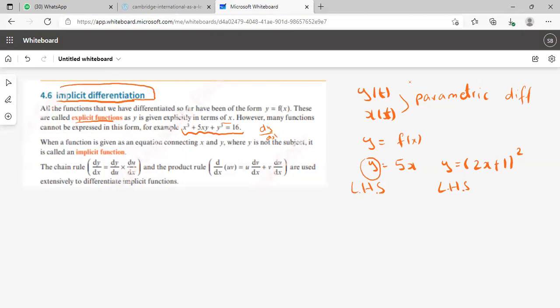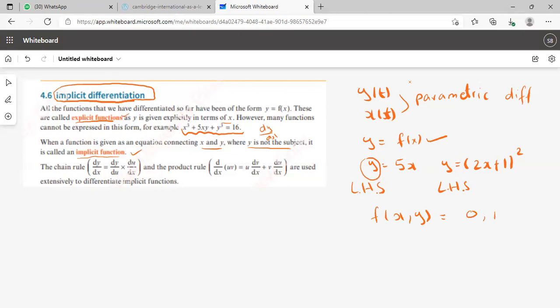Okay, let's read more. When a function is given as an equation connecting x and y, where y is not the subject, it is called an implicit function. Explicit functions are of this type, and implicit functions are of this type, where you have a function of both x and y, and then there's a number over here, or maybe zero, or something of that sort. So this is the function. First, you need to understand the difference between implicit and explicit. Then we'll see how to apply